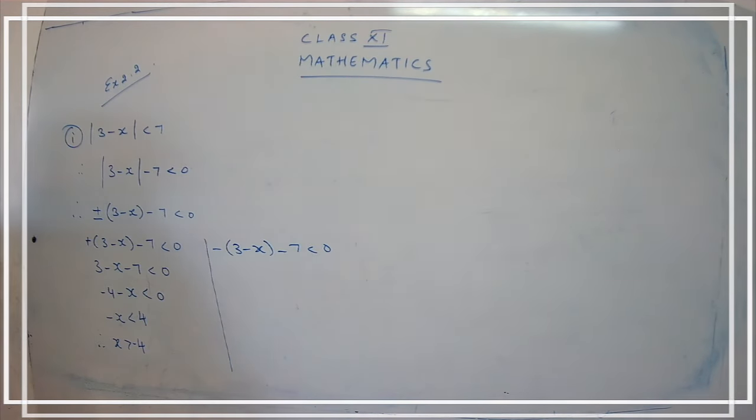Are you clear with the statement, children? Here, be careful. When you are changing the sign, I don't want the x in terms of negative. So I am going to change the sign of x. When you change the sign, do not forget to change the comparison sign. So this becomes x, the less than becomes greater than, and 4 turns out to be minus 4. So I have solved the first part.